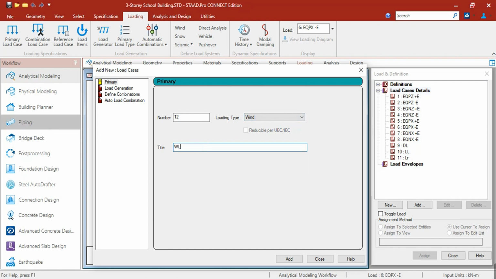So wind load positive Z. Wind load negative Z. Wind load positive X. Wind load negative X.